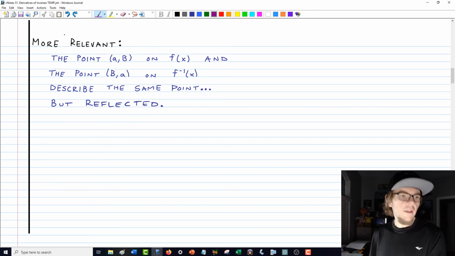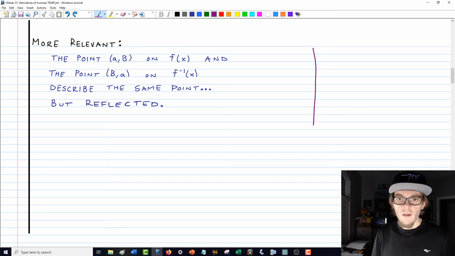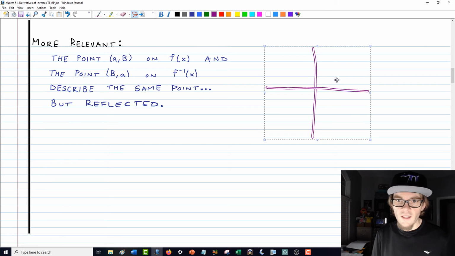So, reiterating the same point, this isn't necessarily worth its own time, but it says the point a comma b on f of x and the point b comma a on f inverse are describing the exact same point. All that's happening is they're being reflected across a particular line. So just as a quick little geometric argument to help sell you on this idea,